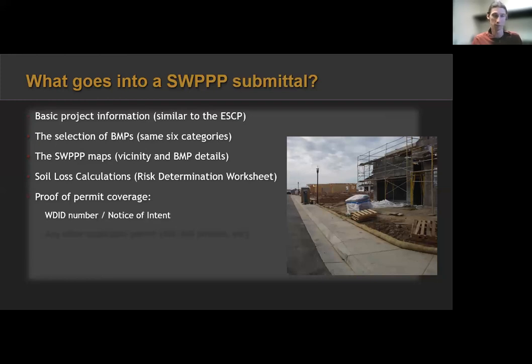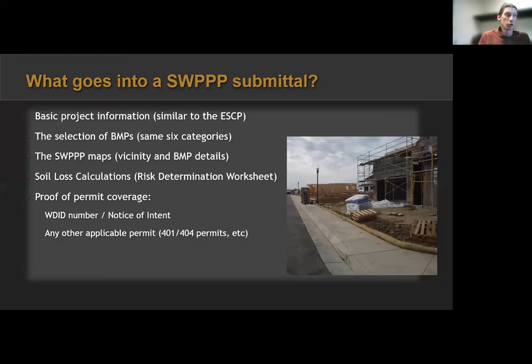So if it's a CGP SWP, they need to show that they have a notice of intent or a WDID number. And it doesn't need to be done on the first submittal, but definitely before they receive their building or grading permit, they need to provide a WDID number or notice of intent to show they have gotten the actual permit coverage.